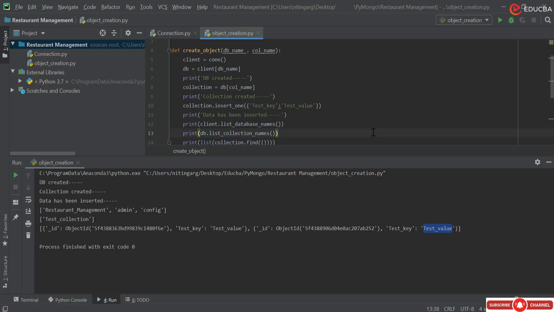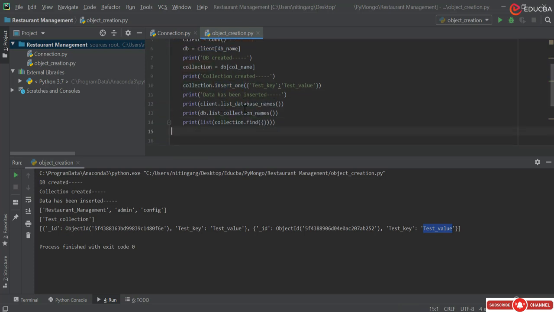Now, the second important point: if all the collections of a database are empty, you will not be able to see the database. So to see the database and collections in a particular MongoDB, you have to have at least one row in it, and by one row I mean at least one document. In this case, you can see that the time we inserted this test document in it,